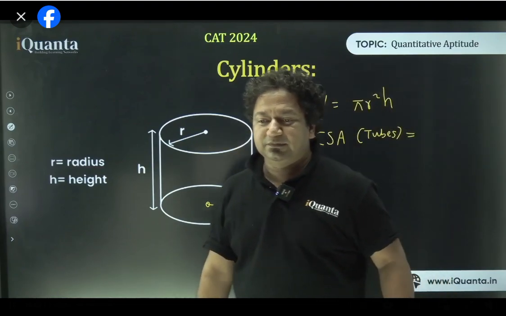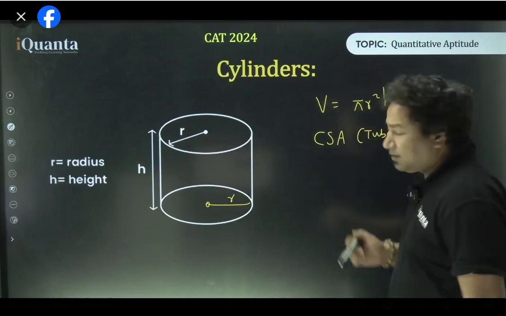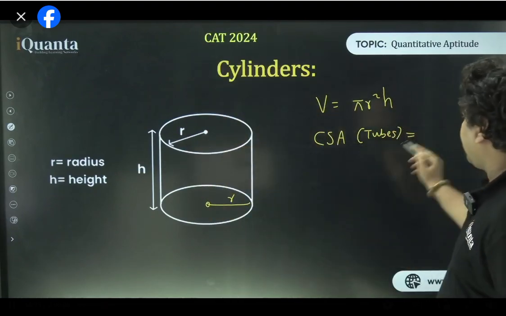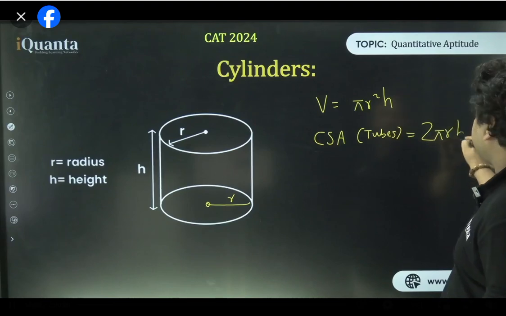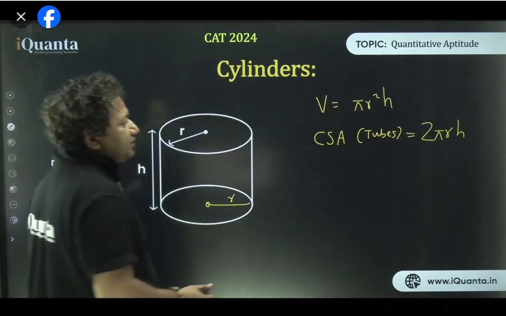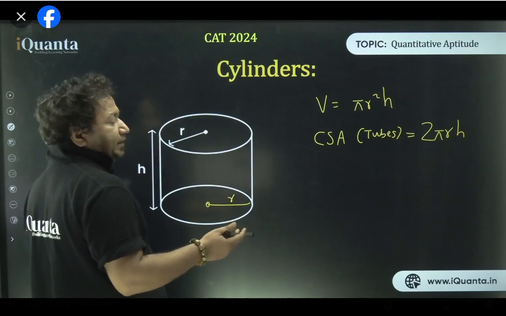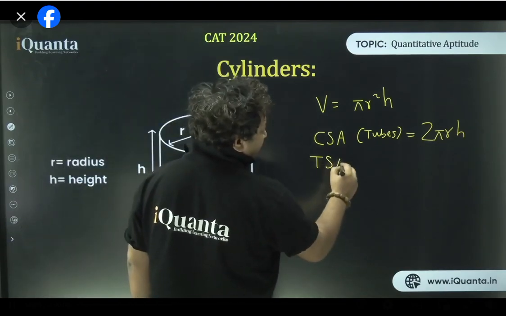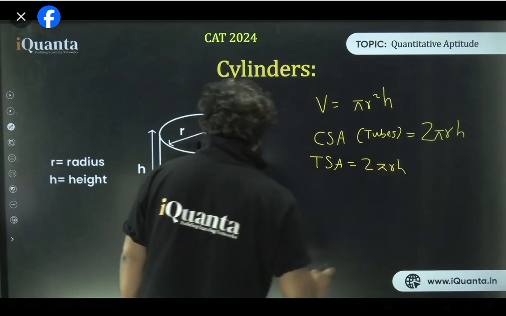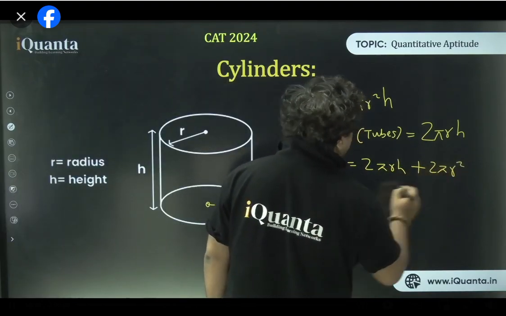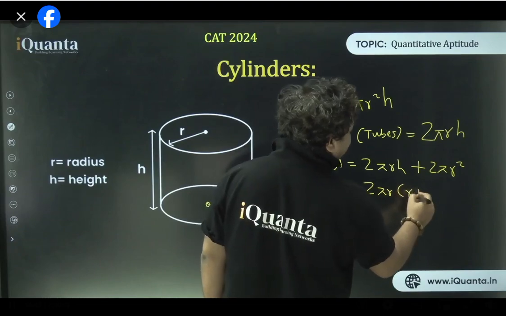Can we say that? Rashid bhai, hollow cylinder is tubes. Same thing. So tell me something, 2 pi r is the circumference. If I move it like this, 2 pi r happens h times, and that is how we get the curved surface area, right? And when the cylinder has a lid, top and bottom, the total surface area will include 2 pi r h. That will definitely be there. Along with that we have a circle here, and both the circles combined have 2 pi r square as the area. We can take 2 pi r common. In the bracket we'll have r plus h.